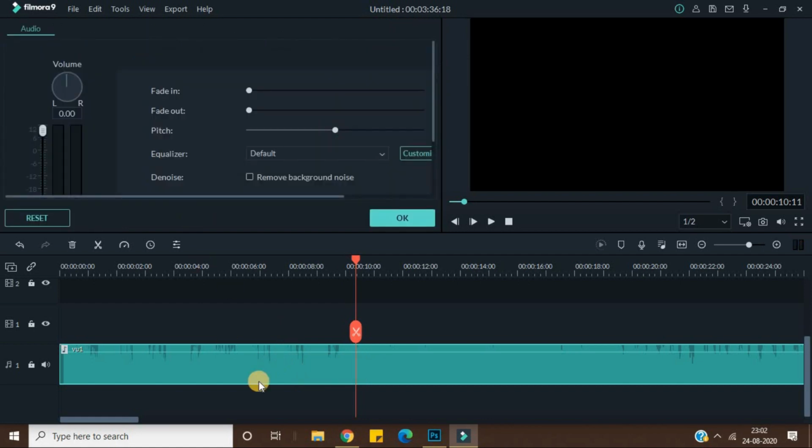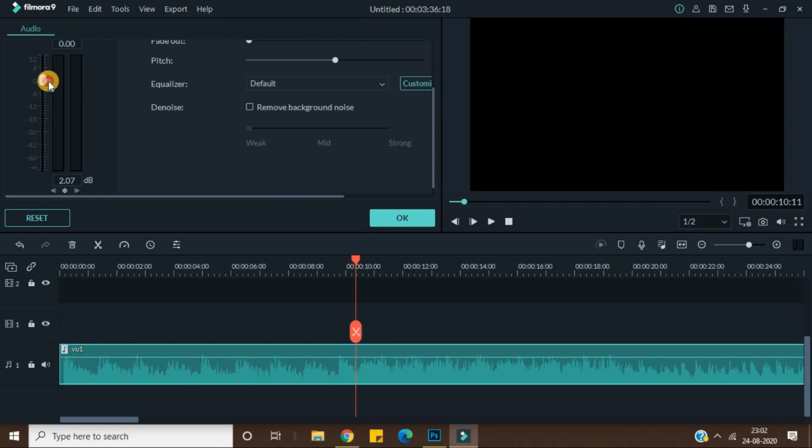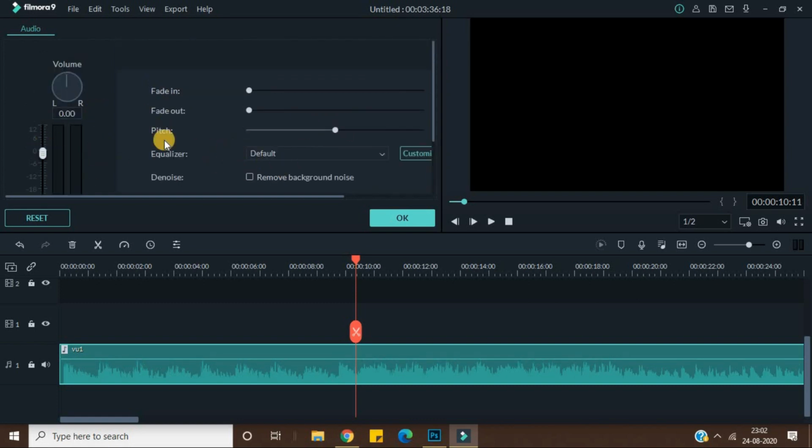You can also double click on that, and here you get the options for that, and I can put it on 0: I just double click on that and then press 0, and it will be on 0. Then there are fade in and fade out options. If you want to fade in, you can increase it, and you can see this particular line shows how the audio will be increased. If I play it for you, you can see that it will slowly increase the audio levels accordingly.